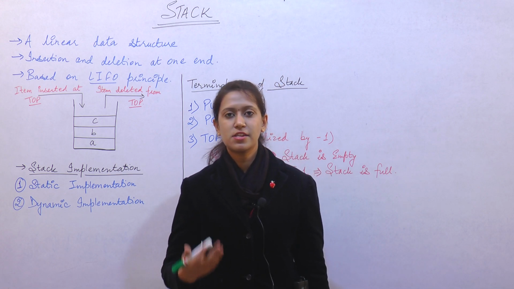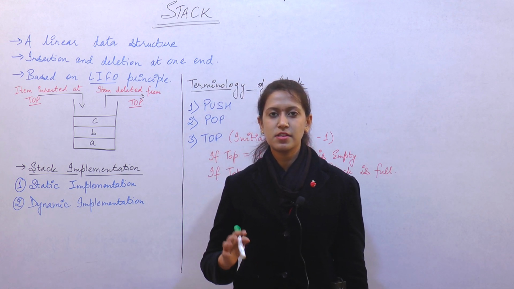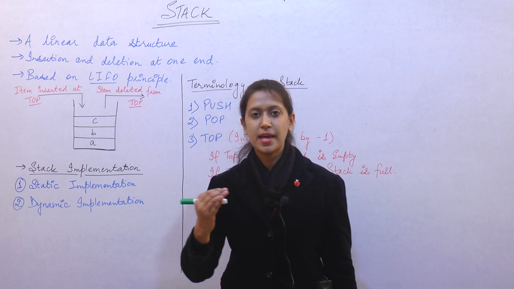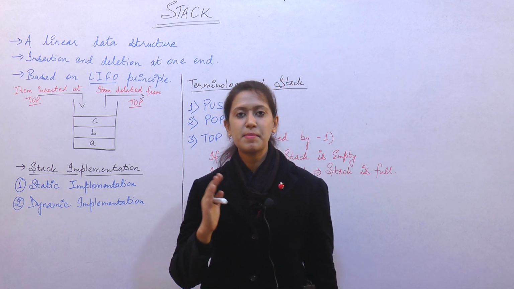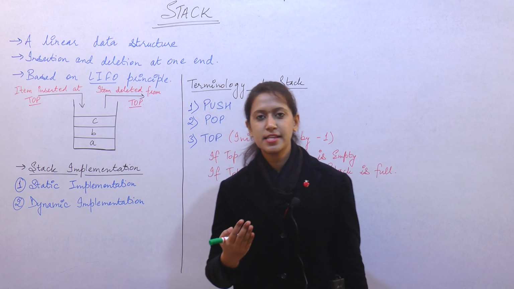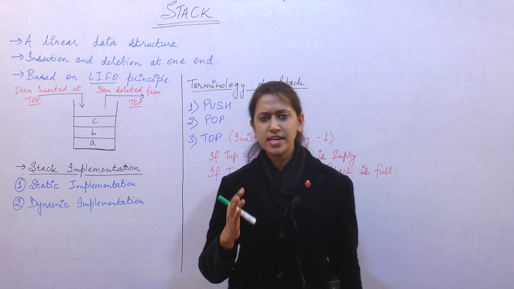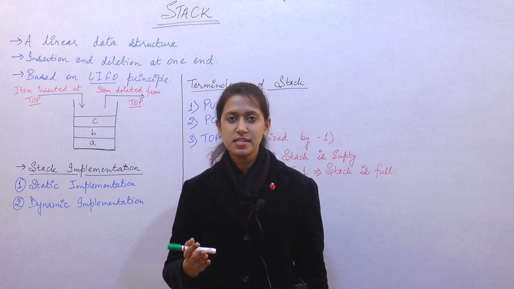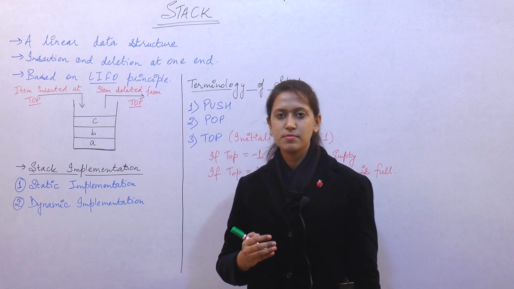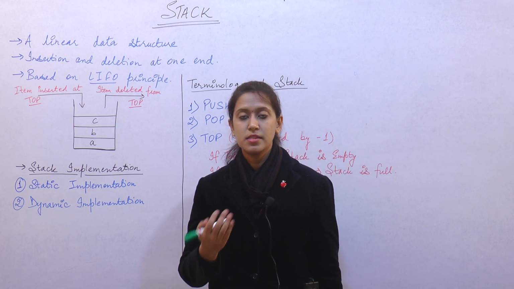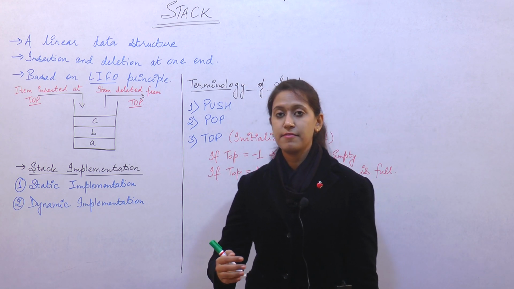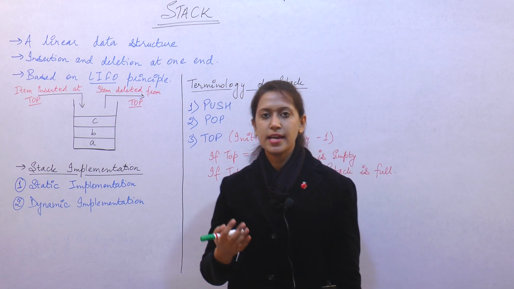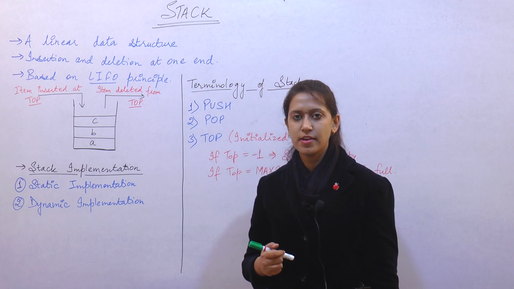In our previous lectures we discussed data structures: what data structures are and why we use them. From the term data structures we got two terms, first data and second structures, and we discussed each individually. After that we discussed algorithms, the basic definition of an algorithm, the structure of an algorithm, and we also tried to understand the structure of an algorithm using an example of calculating the factorial of a number n.